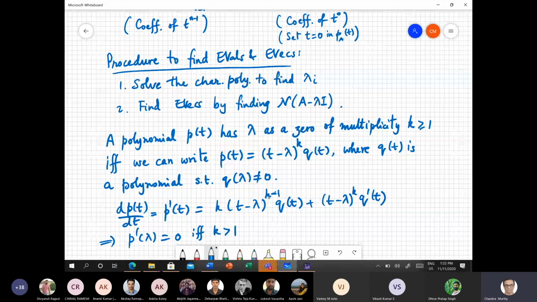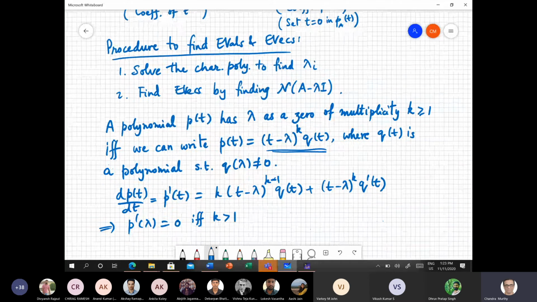For if k equals 1, then k minus 1 becomes 0, and this term becomes k times q of lambda. And of course, this term will go to 0, but that doesn't matter. Q of lambda is not equal to 0, and k is 1. So the derivative will be non-zero if k equals 1. So basically, for p dash of lambda to be equal to 0, we need that in this representation, k should be greater than 1. And similarly, if you take the second derivative,